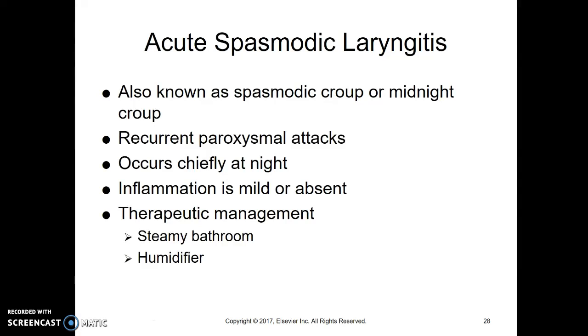This is the third part of respiratory dysfunction. So we've moved to the throat area now, to our croup syndromes. Acute spasmodic laryngitis. This is what people are talking about when they say my baby had croup or my child